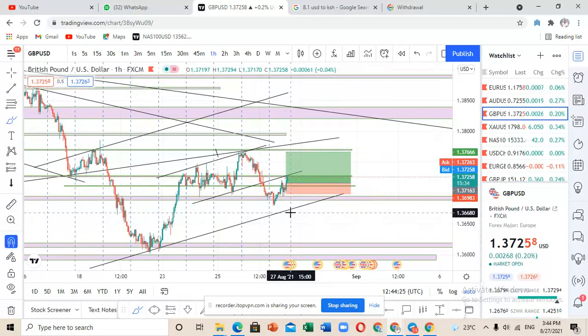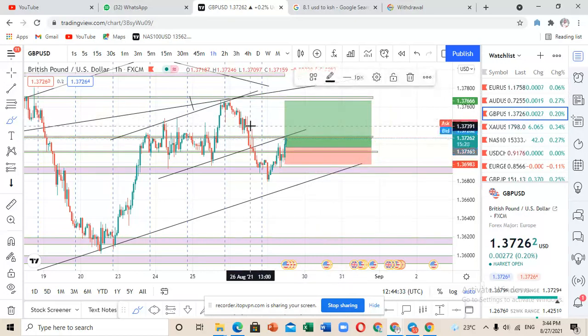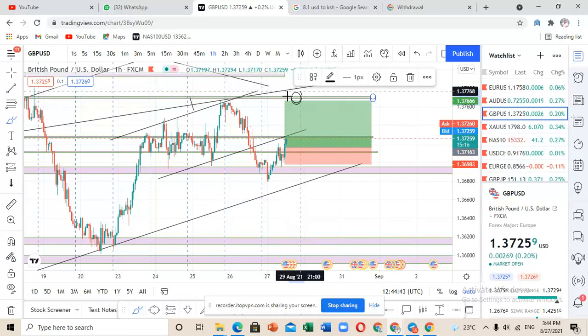So you can see that I'm in this trade. In this trade, I'm just risking a total of 180 pips for a total reward of 500 pips. So we are expecting in both the AUD USD and the GBP USD, the markets are going to move towards the upside to come to these levels that are here before moving further to the downside.